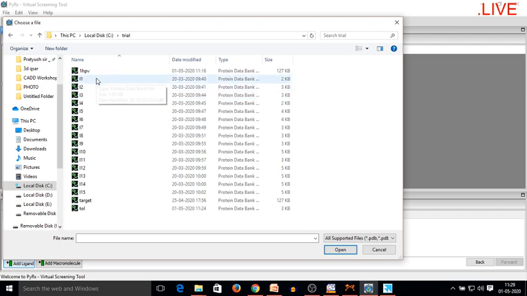Now you can see L1, L2, L3, L4, L5 and so on till L50. So I will use the shift button.